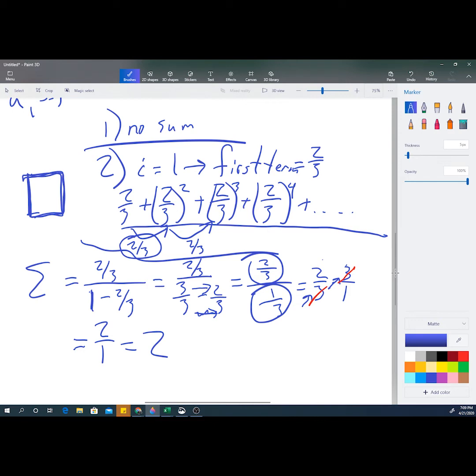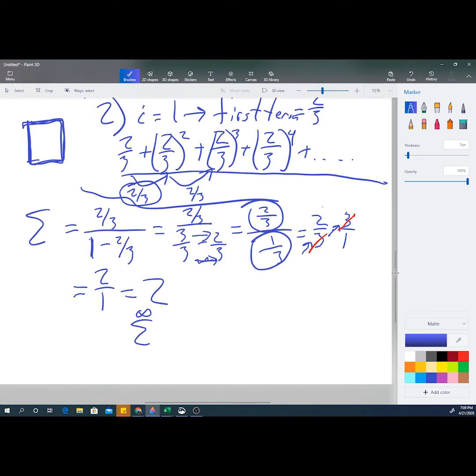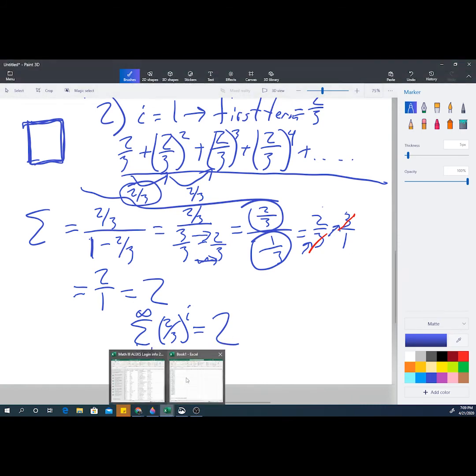So that means that if I add together my sum of 2/3 to the i power going from i equals 1 to i equals infinity, if I do that forever and ever and ever and keep using that pattern, my answer will be 2. And if I want to check that on Excel,